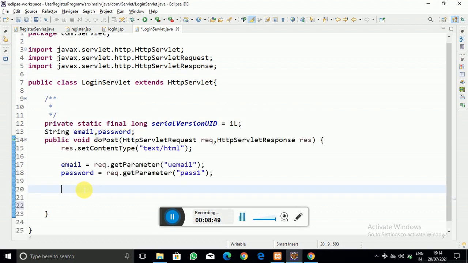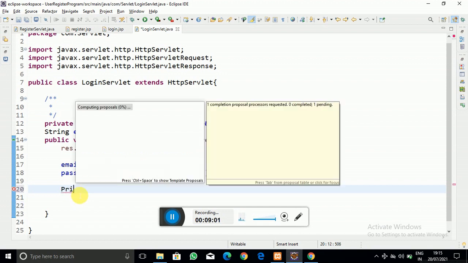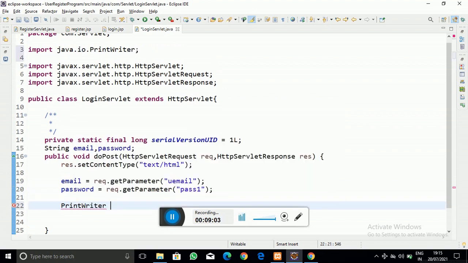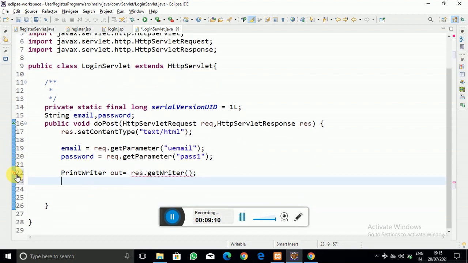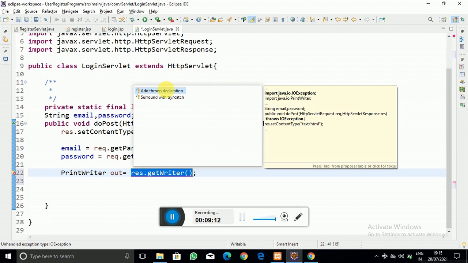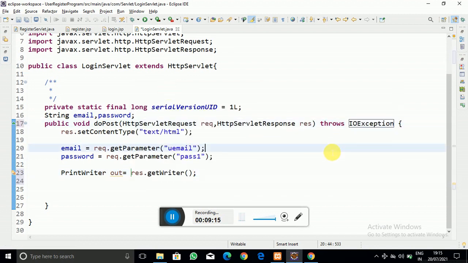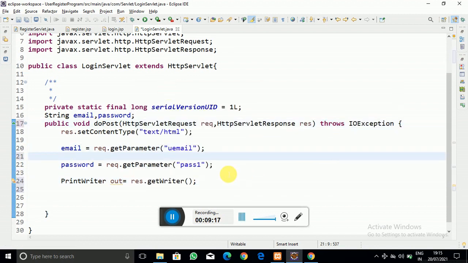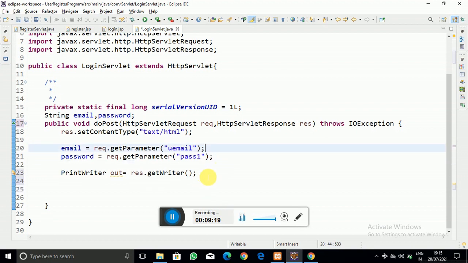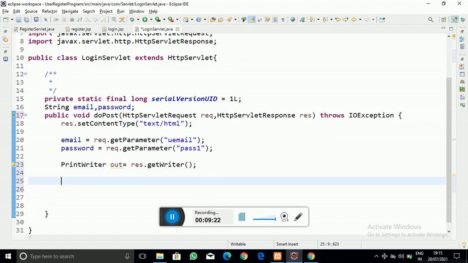As we have accepted the email and password, let us now create the PrintWriter object to print things into the web browser. PrintWriter out equal to response.getWriter method, and this throws an exception, which is IOException. And now it's time to code our database code.